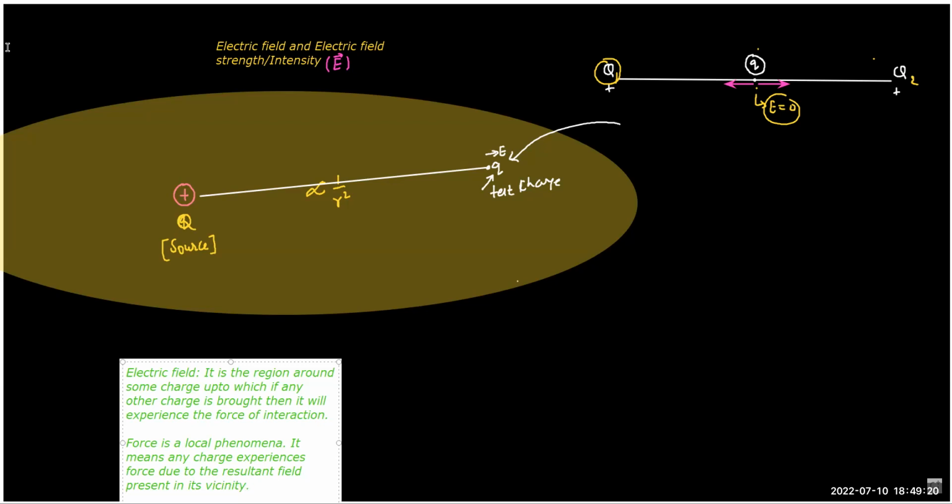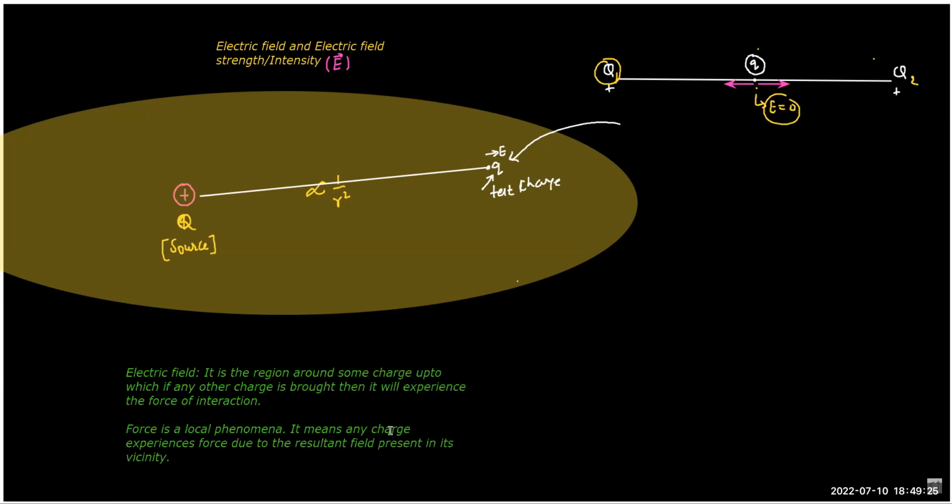So this part should be clear to all of you. If you have doubt, you can ask what I'm trying to convey here. So charges do not apply force. The role of charge is to create the field, and the field in turn will apply the force. Is it clear? So who applies the force? The field. The job of applying force is on the field.